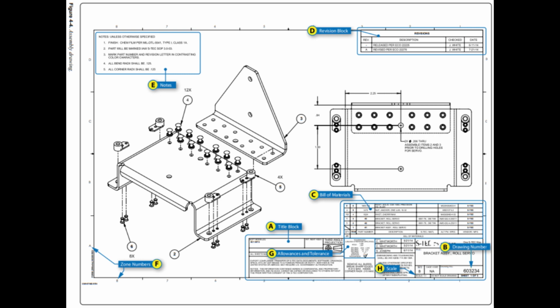Application. When shown near or in the title block, application may refer to a specific aircraft, assembly, subassembly, or unique application. For example, in Figure 4-4A, the title block indicates the bracket assembly is for a roll servo installation for an S-Tec autopilot installation. If this drawing pertained to a B-95 aircraft equipped with an Aerotech air conditioning system and the bracket illustrated was unique to that installation, the title block would provide that application information. The title block may indicate bracket assembly, roll servo, with Aerotech air conditioner, model 103-1 installed.